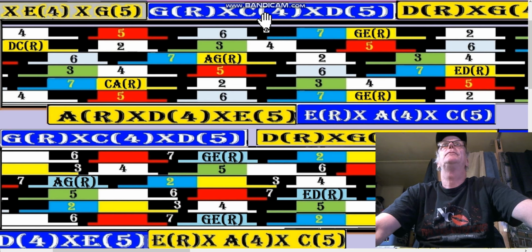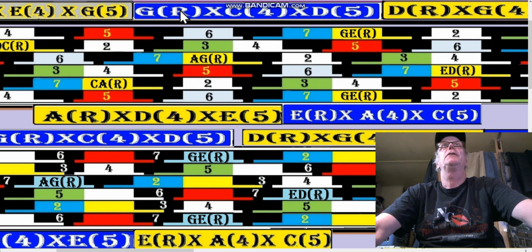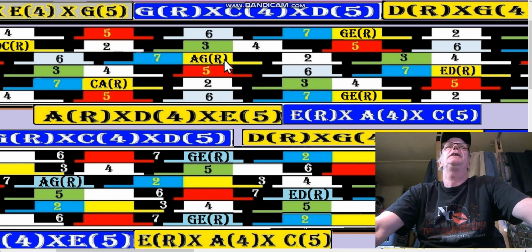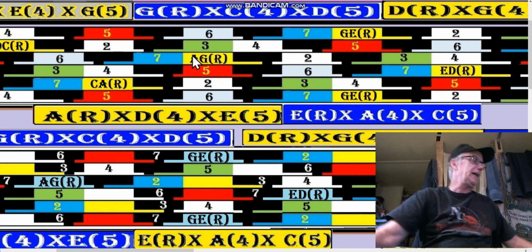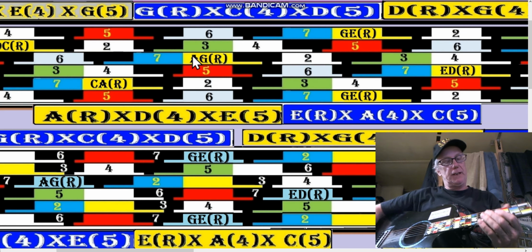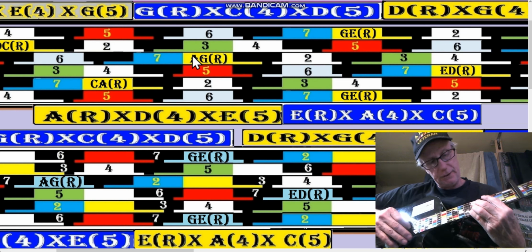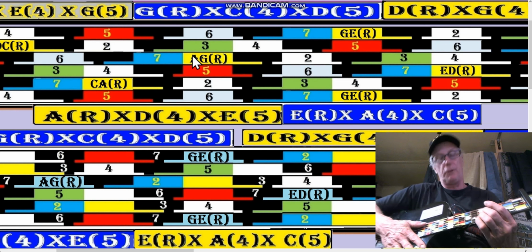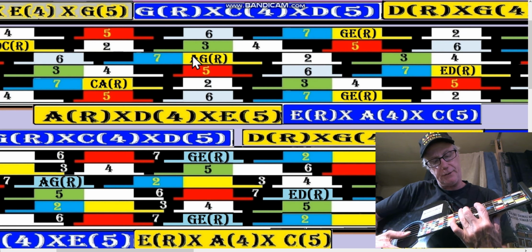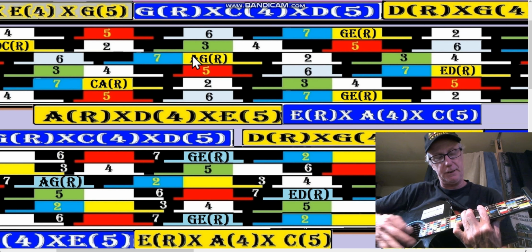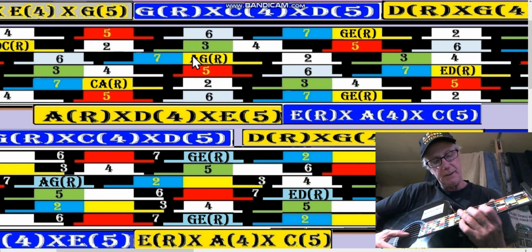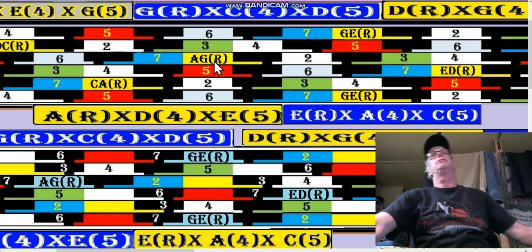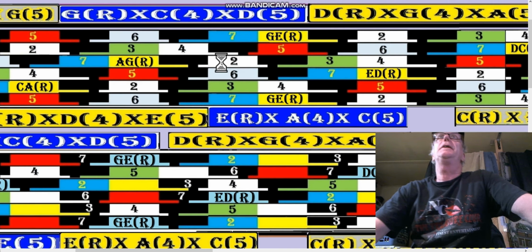G shape starts on the 6. G-shaped root. This is the AG root. Not only is it the A root that you would finger when playing an A-shaped C, that's where your middle finger goes, but it also has a dual purpose: when you bar it, you're getting that root on the G string, so I call it the AG root. And up on the top of our